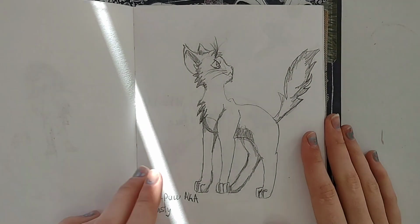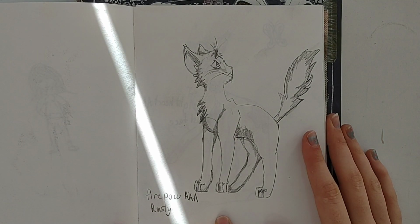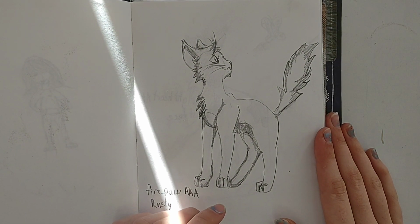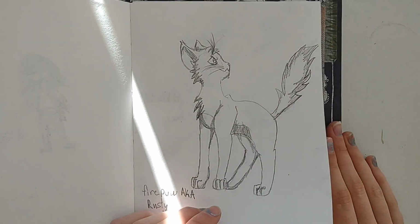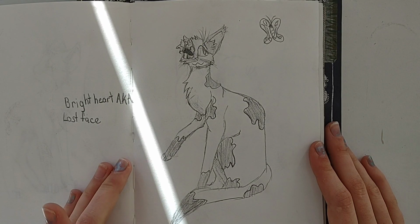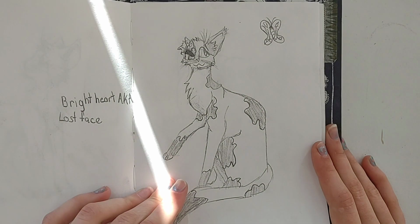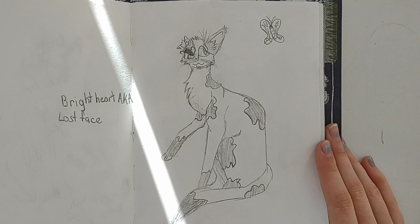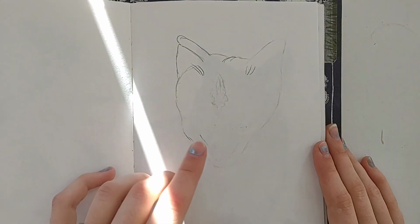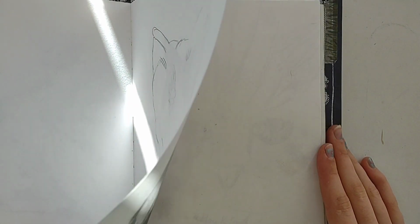And yay! This is kind of where it starts getting a little better. Very happy. This was a Fire Paw. It was in one of those how to draw books or whatnot. And then Bright Heart, aka Lost Face. She's probably one of my favorite characters in the Warrior Cats series. Again, another drawing tutorial. That was going to be Scourge. I didn't like how his face turned out, so, you know, I kind of...